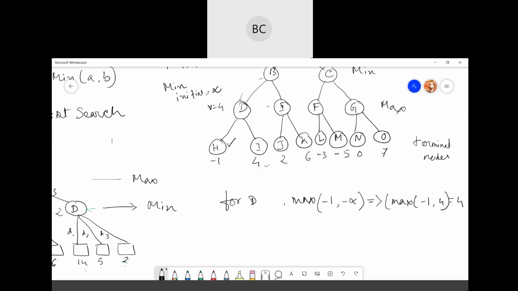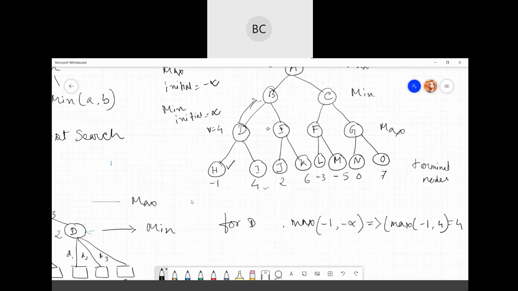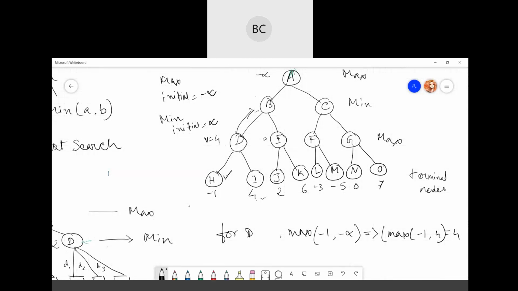Now we come to the E part. Why do we come to E? From D, once done, the value will be backed up to the upper node, which is B. Now I can say that the value of B is, for the time being, 4. From here there's another node, since it's a depth first search, right? Now it will come here. Right now the initial value is -infinity, correct? Remember, the values always go up. So initially here it's -infinity. Now again you check for E.